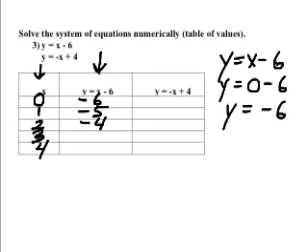Negative 6, negative 5, negative 4, negative 3, negative 2. Okay, now let's do this one. When we put 0 in for x, the negative x disappears, and we have y equals 4. Okay, if we put 1 in for x, these are fairly easy to do in your head, but